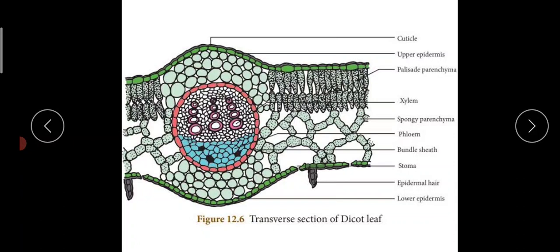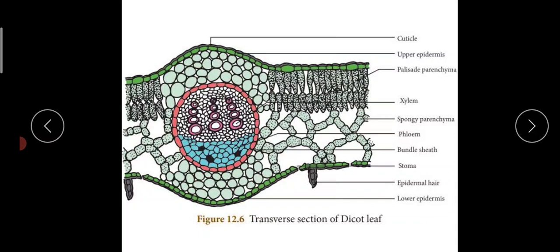So all these we have discussed in the case of stem and root. The same things are repeated here, so nothing new there. All the features of epidermal layers are similar, except that it has two epidermis, upper and lower one. Please note that point. Numerous openings, that is the stomata, are seen on the epidermis of leaves, and they help in gaseous exchange.